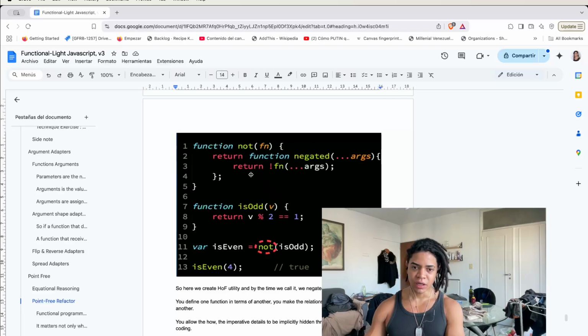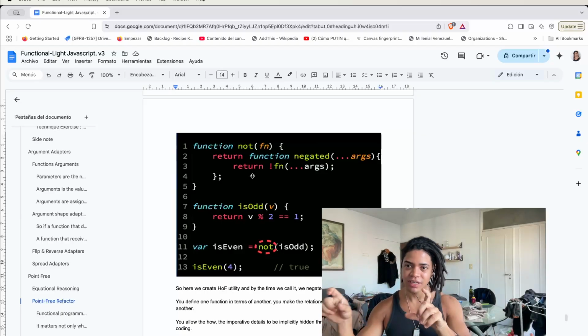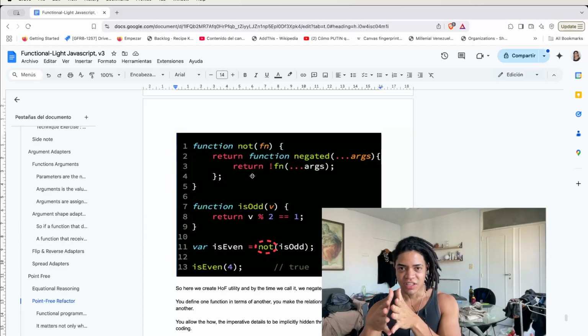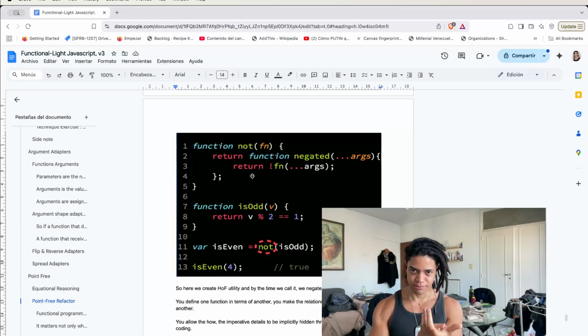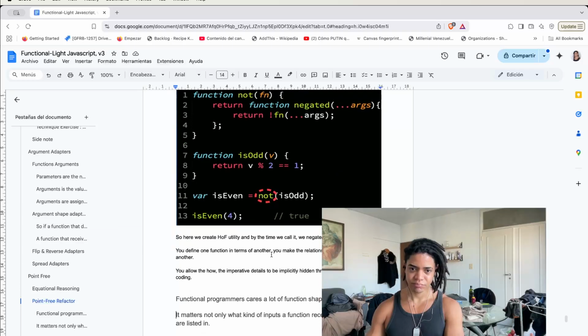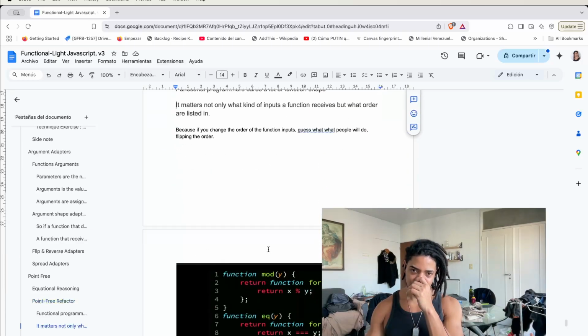For example, not, which is another higher-order function to say, hey, anytime I receive this function and its arguments, I want to know is the output negated, which is something that we are looking at here. Not is odd, all right. So give me the even value, or is even value. So this is quite interesting